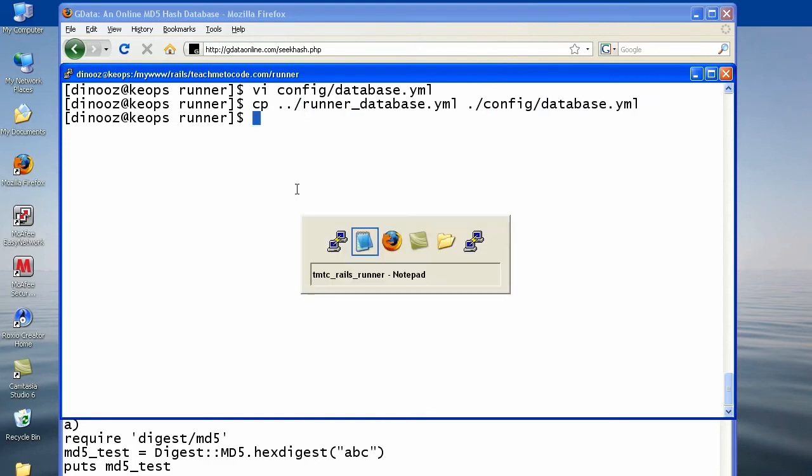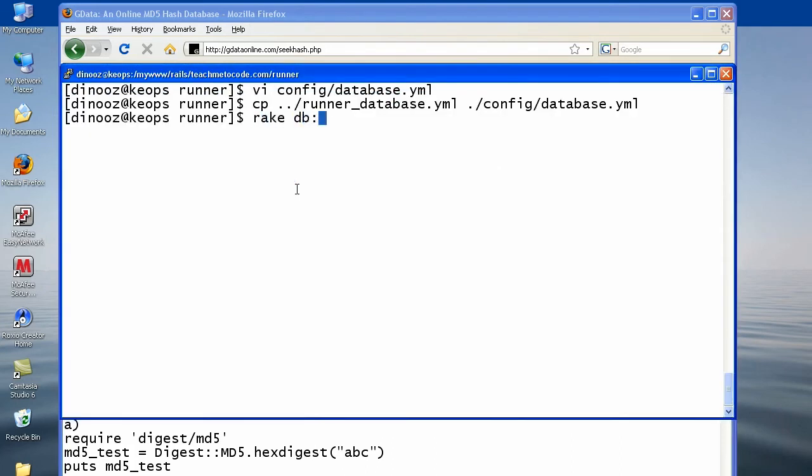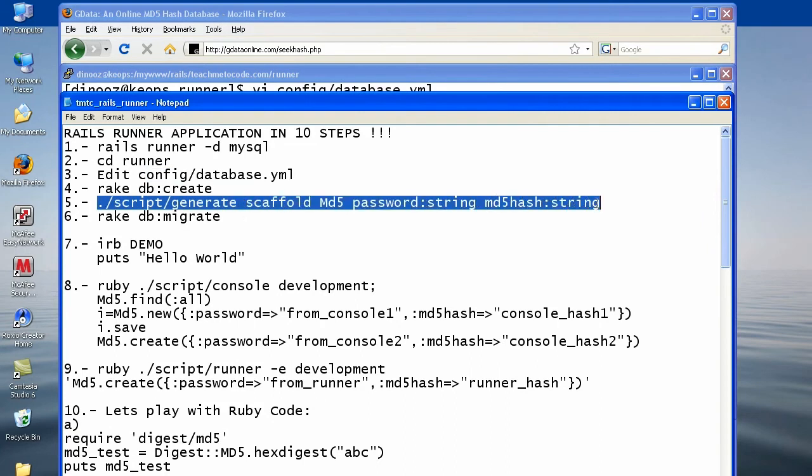That will be good, and that will put the proper credentials. Let me create the database, rake db:create, and that's when I create a database. Let's use the scaffold generator to generate our first set of this. This is going to be an MD5 table with two columns, the password and the MD5 hash